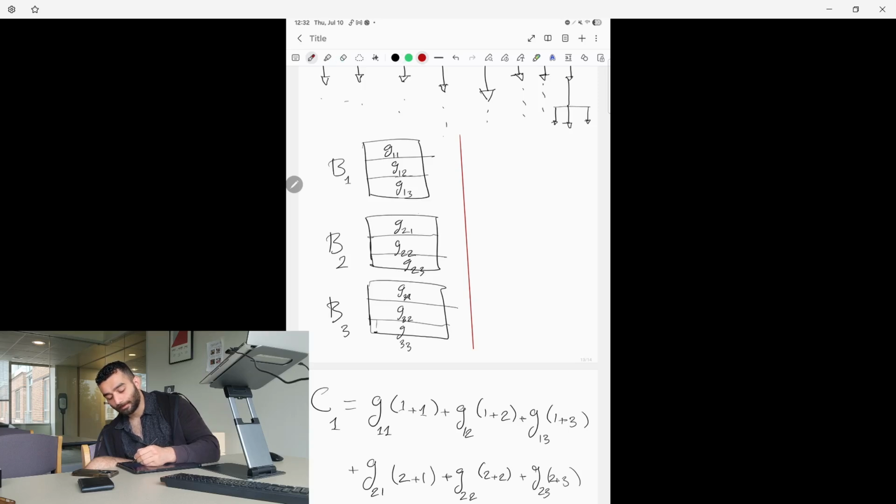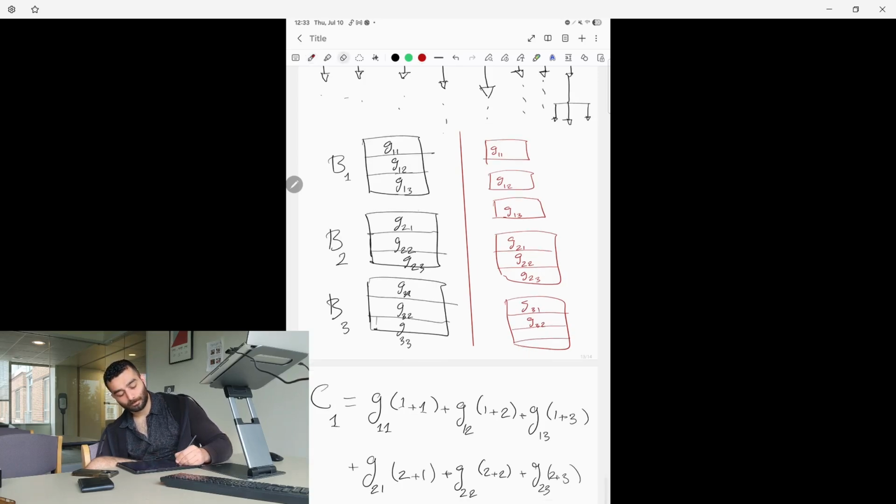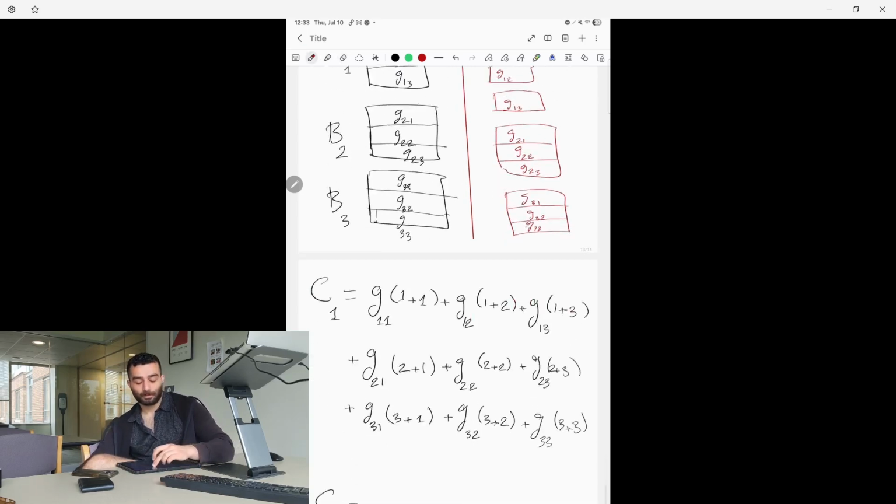So I have G11, now it's a separate bag, G12, G13, and then I have B2, which is G21, G22, G23, and then we have B3, which is G31, G32, G33, and the cost of C2 is